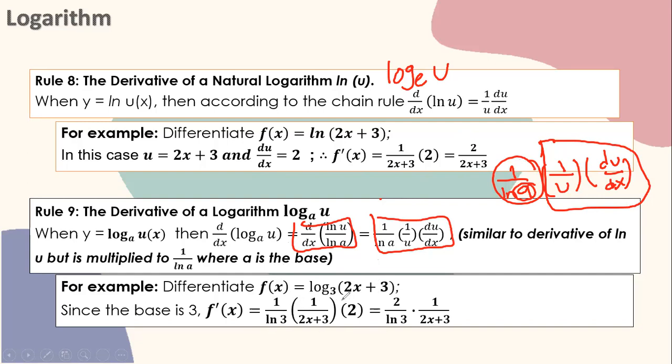F of x is equal to the logarithm of 2x plus 3 with a base 3. So may base na siya na 3. Ang base natin ay 3. Okay, so the derivative will be laging 1 all over the natural logarithm or ln of 3, okay, multiply to 1 all over yung kasama nung logarithm natin. So logarithm of 2x plus 3 kaya naging 1 all over 2x plus 3. So tapos na ba yon? Hindi pa po. According to chain rule,